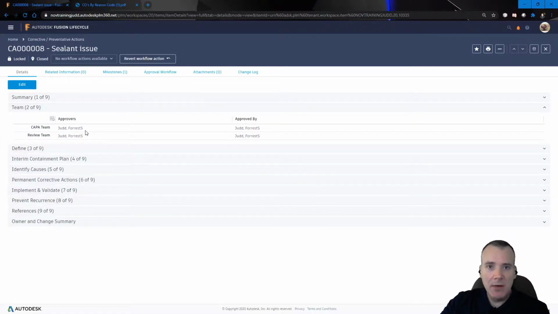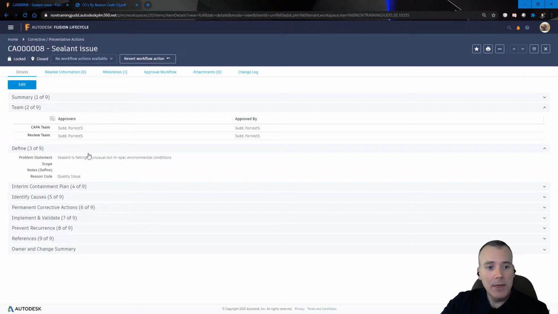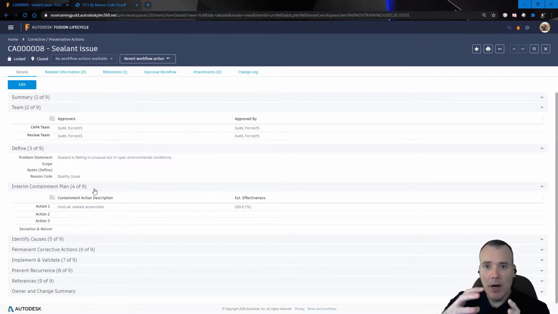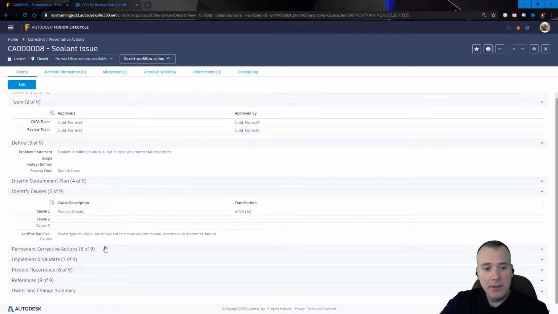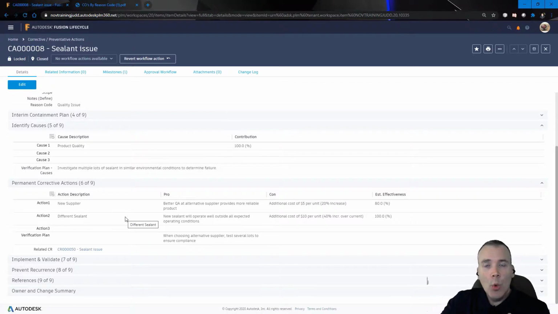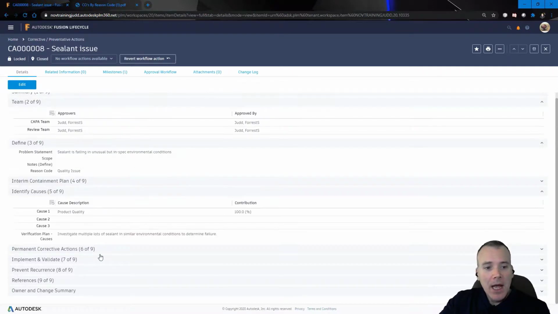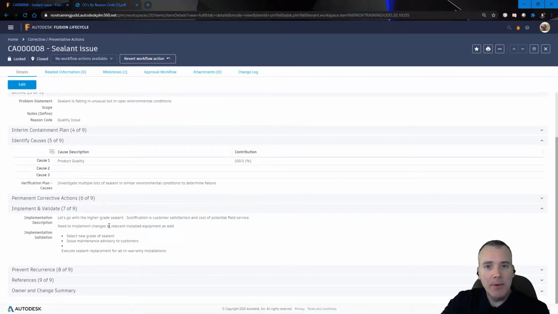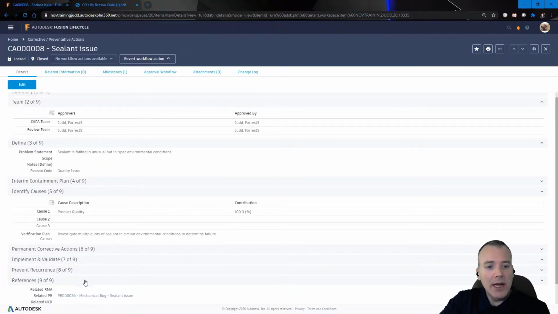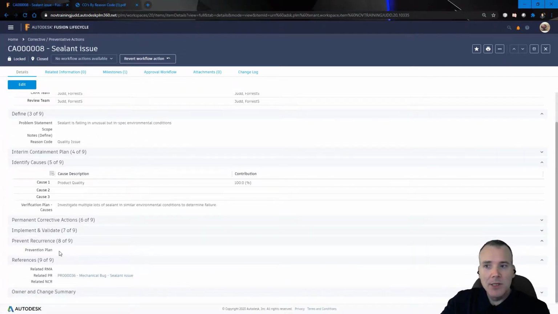So there's a team of people associated with that, and you need to define the problem. You need to define how you're going to contain the problem before you end up with a final resolution, right? You need to make sure you fully understand the cause. You need to determine, if necessary, what permanent action is going to be taken to prevent the problem from happening again. And then you need to make sure that it is properly implemented and that you validated that the solution is effective. And then you need to define what you are going to do to keep it from happening again. So this is a very formal process. Not everybody needs it. It can be way too complex for simple changes. But if it's a serious change that has cost you serious time and or serious money, which are essentially the same thing,